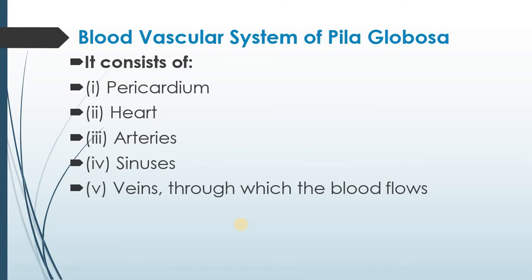In the previous lecture, we had discussed the various organs involved in the vascular system. We had discussed the pericardium, which is a thin-walled ovate sac lying dorsally on the left side of the body wall behind the mantle cavity. Then we had discussed the heart consisting of one auricle and ventricle. Then we had discussed the arteries. From the ventricle arises the aorta or the aortic trunk, which divides into two branches, the cephalic aorta and